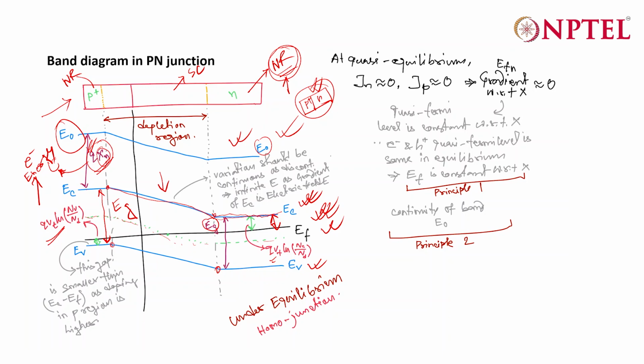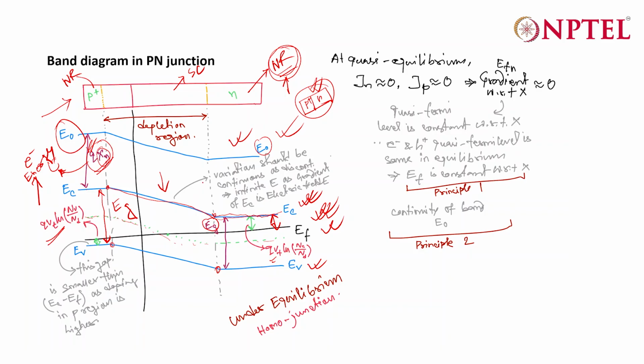Now, apart from equilibrium, even if you consider quasi-equilibrium, that is Jn and Jp are not exactly equal to 0, but they are approximately equal to 0. There must be some difference in quasi-equilibrium, but you can approximately take Jn and Jp both equal to 0. In that case also, you will find that the gradient of the quasi-Fermi level, that is dFn by dx or del Fn by del x, is approximately equal to 0. So at the quasi-Fermi level also you can consider